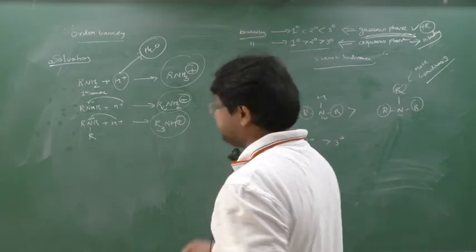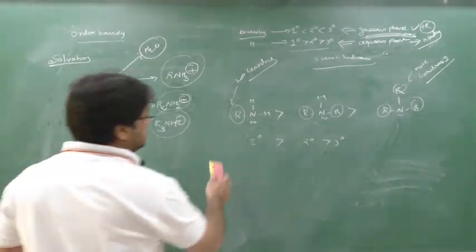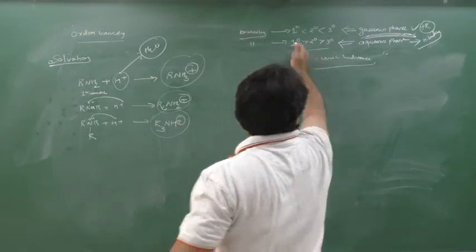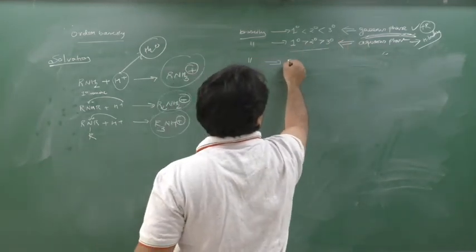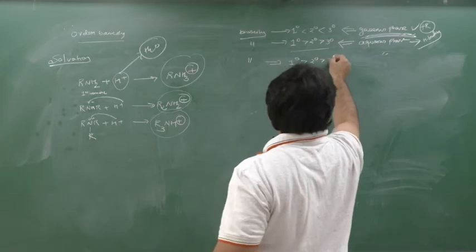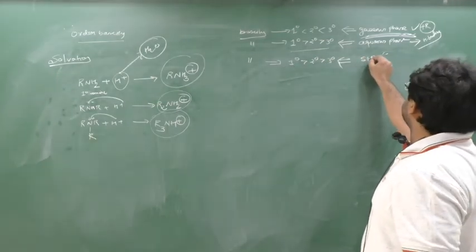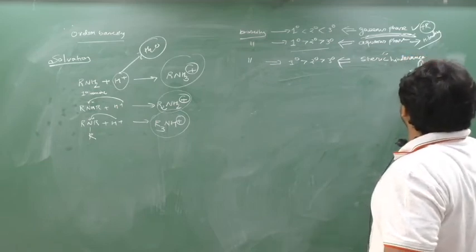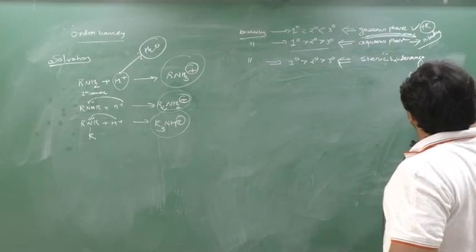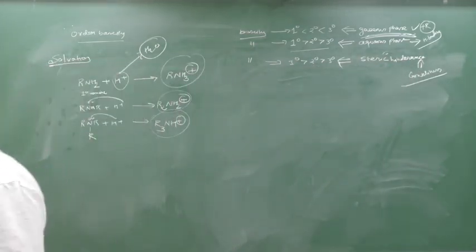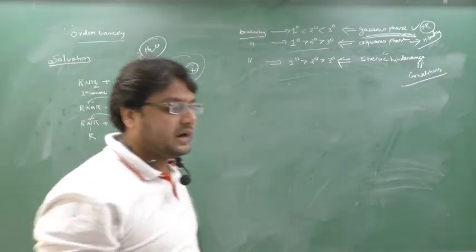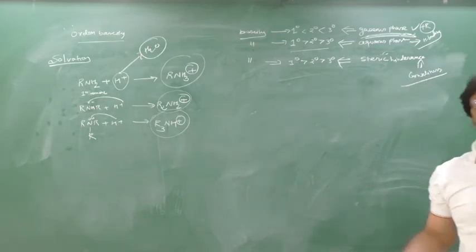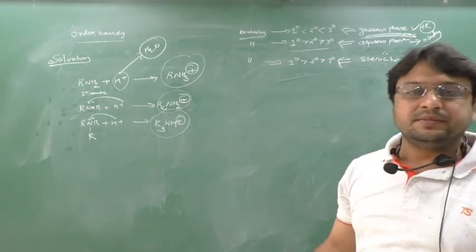So now I am seeing the steric hindrance. According to the logic of steric hindrance, the basicity order is 1 degree greater than 2 degree greater than 3 degree. The logic is crowdiness: more R, more crowdiness. With more crowdiness, entering of H plus becomes difficult, so less basic. In 1 degree, there is 1 R, less crowdiness, H plus enters easily, meaning more basic.